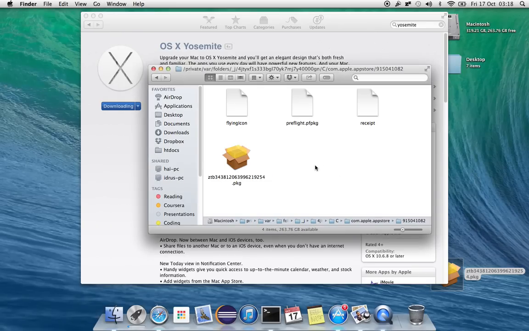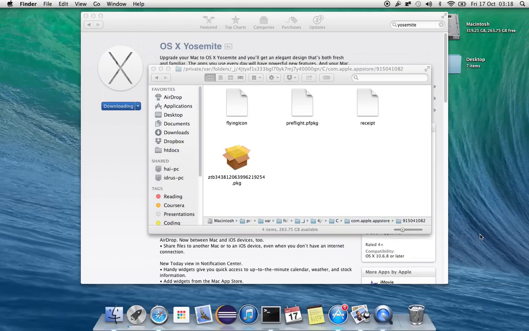Why do you do this? Periodically, you keep doing this, and you keep deleting the copy and then doing it again and again. If your network crashes, then you can basically restart the download by clicking on the download button again from the App Store. And when it shows 0 MB again, all you have to do is come back to the same folder, drag this in, and it will replace it.